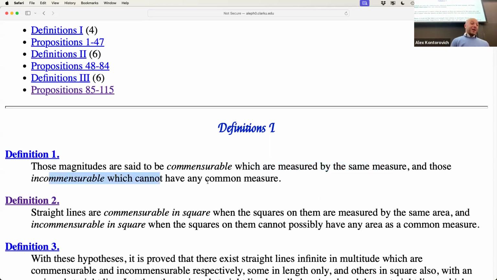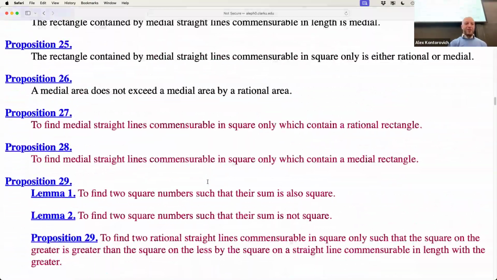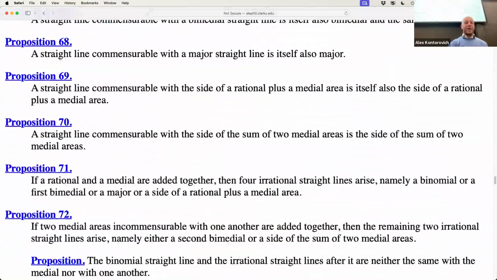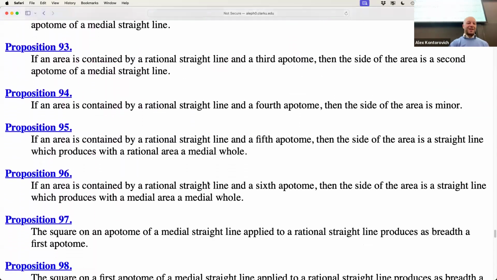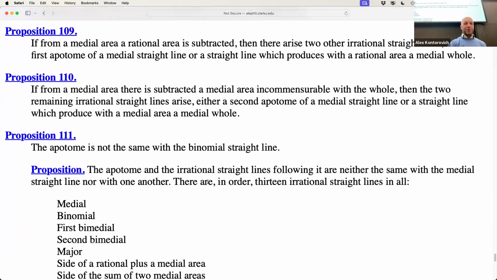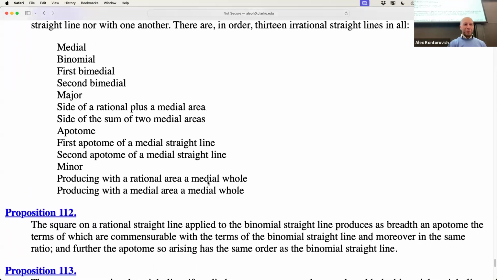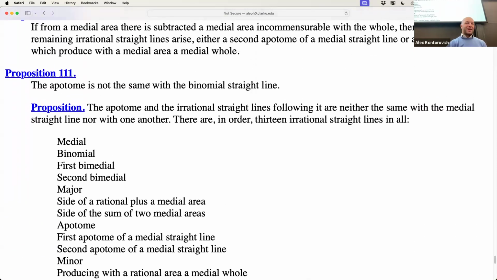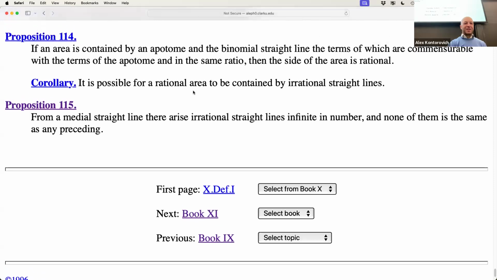We're not going to go over this book. This is actually my least favorite book. The stuff that he's doing, he's really struggling with the fact that he doesn't have modern notation. It's very long. People say it's among his most ingenious books because of the kinds of things that he has to prove. None of this stuff excites me.